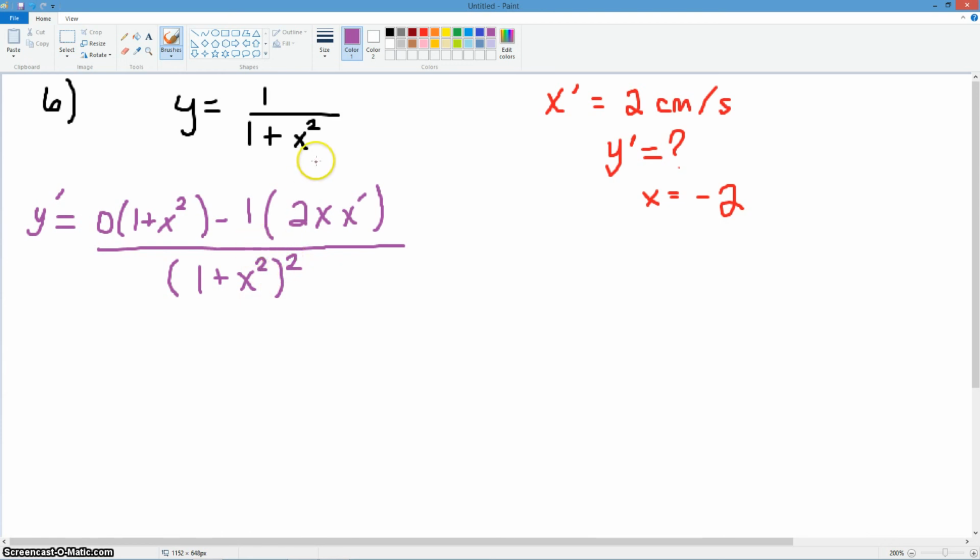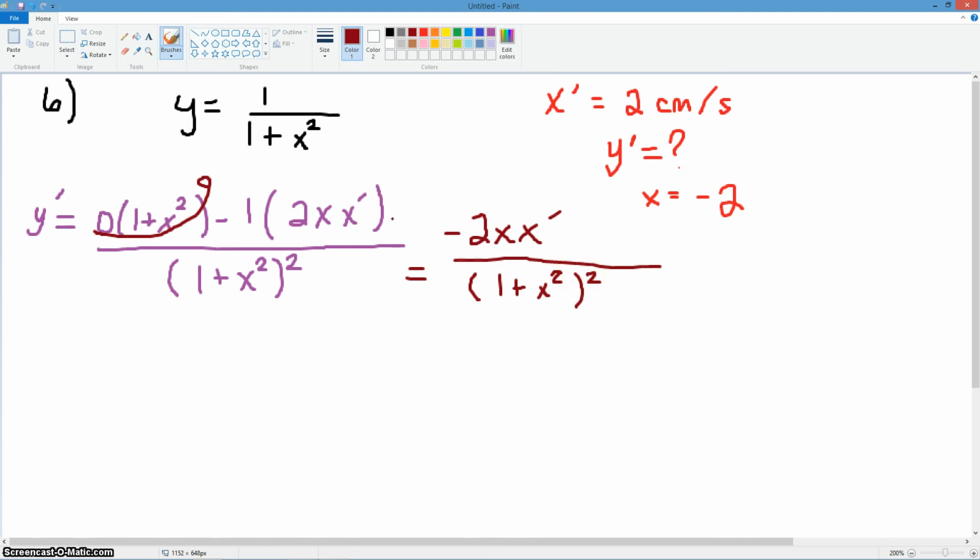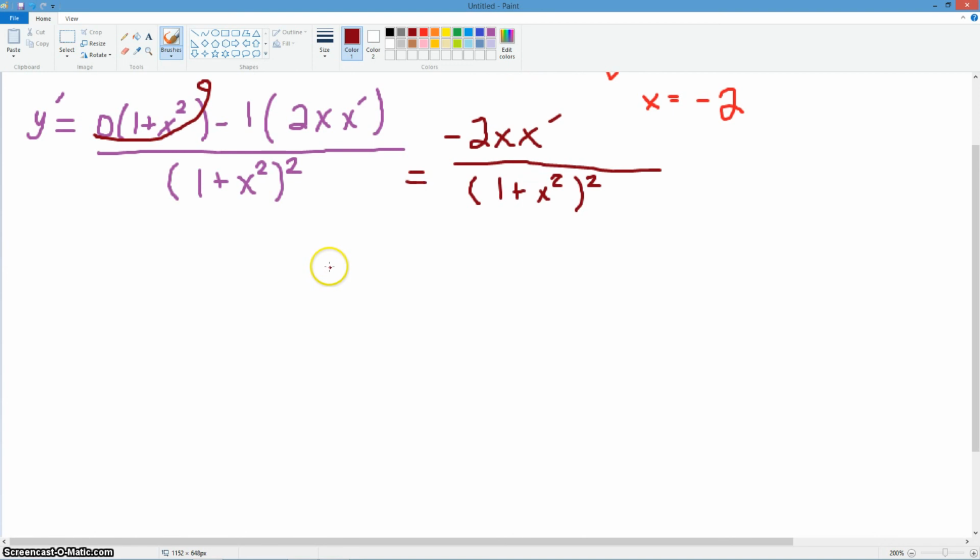Well, what happens here is that our first term is going to go to 0 because anything times 0 is 0. So we really get negative 2x x prime all over 1 plus x squared squared. And all we need to do from here is to substitute. All right, so here we go. Let's substitute. So we have